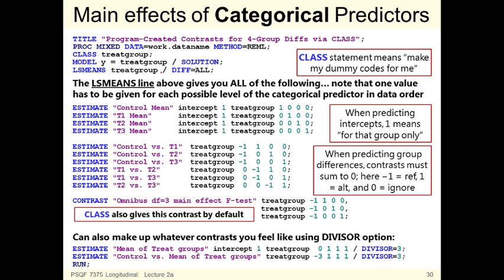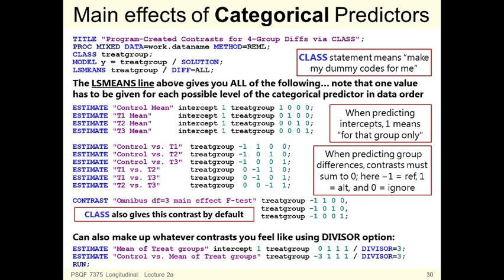So yes, you can get all possible differences. The default here is no error correction of any kind. That's not something that I worry about and believe in. I'll elaborate my beliefs on that later in the semester, but just know that if you want some kind of experiment-wise error correction, you can add those options here next to diff equals all, and it will adjust your p-values. So these two statements together, class treat group and LS means treat group,